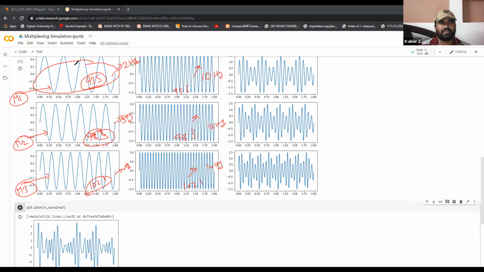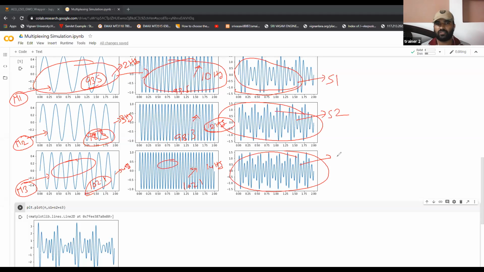So this particular message signal is modulated with the help of this frequency carrier signal, where the output is something like this. Okay, in the same way, M2 is modulated with this C2, that is carrier signal 12 hertz, and the output is like this. And this is M3, which is modulated with C3, where you got this S3, let's say. So this is the transmitted signal S1, this is the transmitted signal S2, this is the transmitted signal S3.